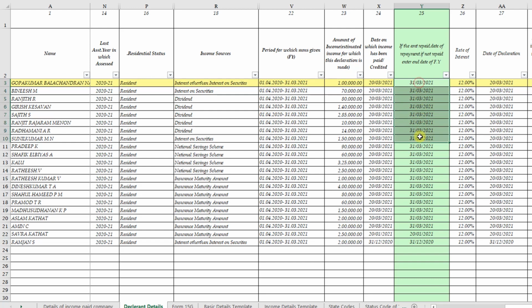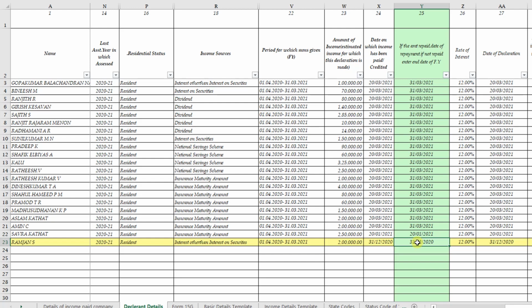So in all these cases I showed the end of the financial year, 31st March 2021. Here it is repaid and shown the date as 20th January 2021. On that date this amount was repaid, and here also on 31st December 2020 this amount was repaid to that person,